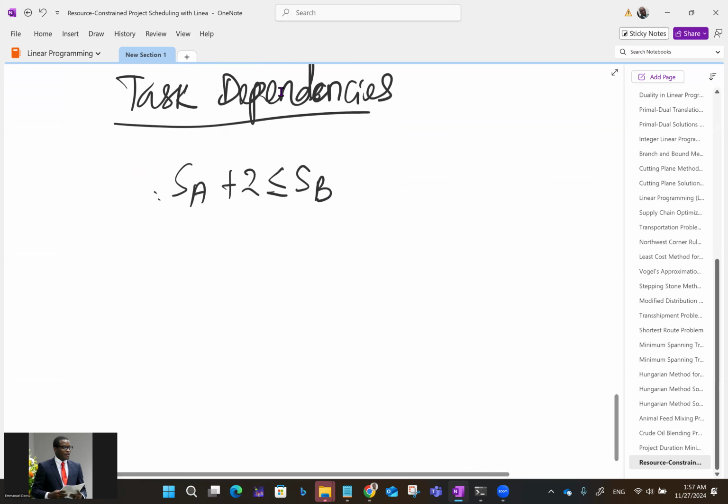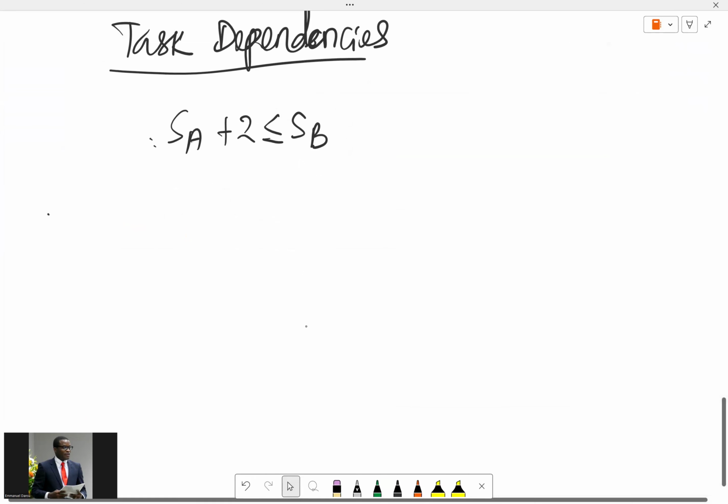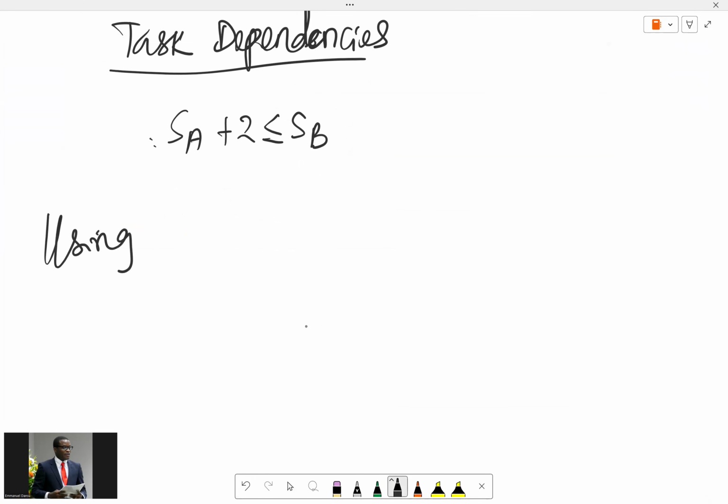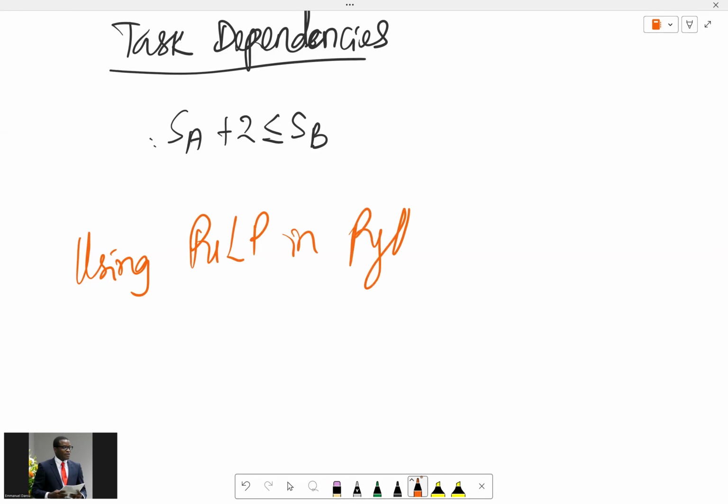So we can come back here and say, now, strictly Pulp, because linprog doesn't give a very good answer in this case. So we say, using Pulp in Python, we get